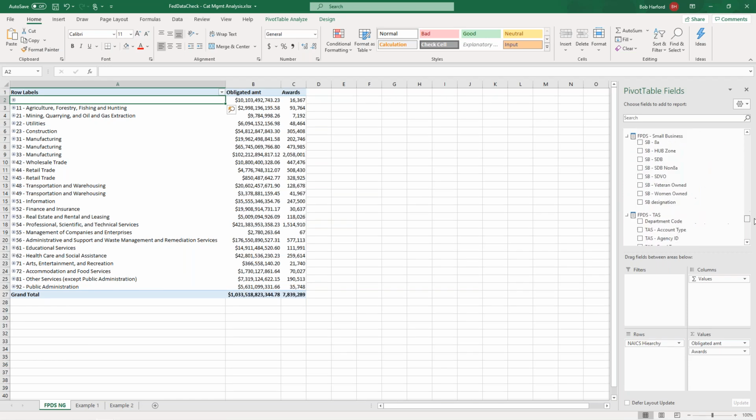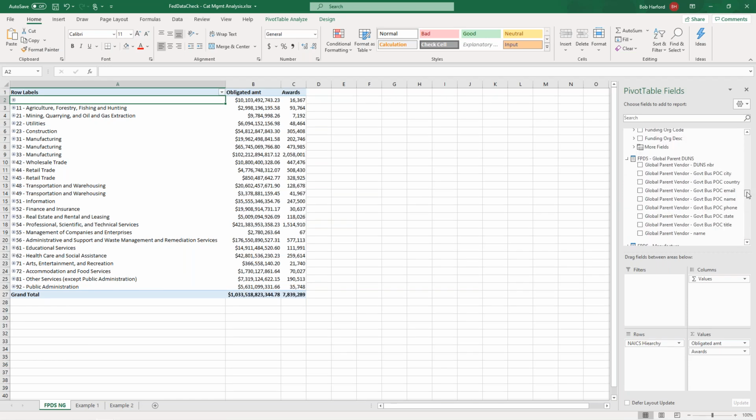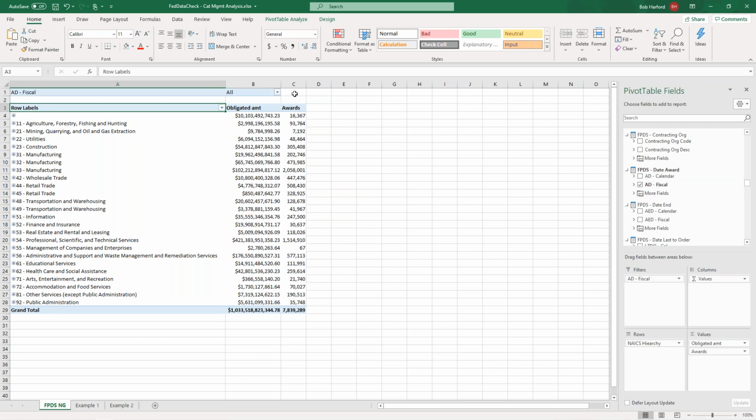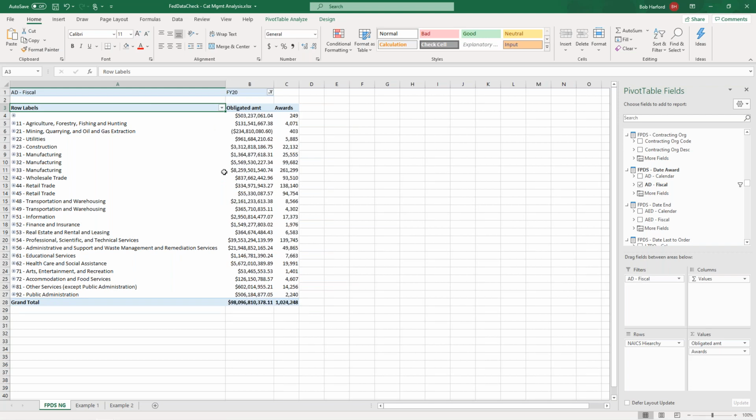Let's filter this by fiscal year. This tool is available to any agency that subscribes to FedDataCheck, which I think virtually everyone is on here. So now I'm filtering the data for FY20. This is all civilian data for FY20.